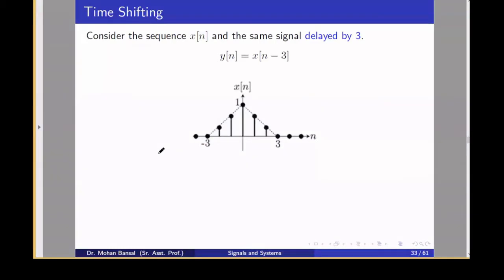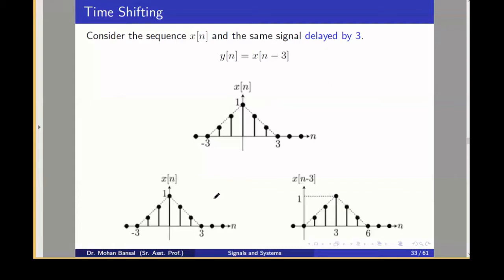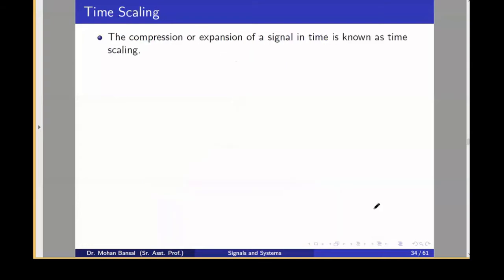Now this is one example, y(n) equal to x(n minus 3). x(n) is given here. You will have to plot y(n) equal to x(n minus 3). Quickly tell me, what will be the starting location and the ending location of the signal? 0 to 6, correct. This is x(n), and this is x(n minus 3). It will shift to the right side by an amount of 3, and the signal will be the same. It starts from 0 and ends at 6. So this is the time shifting property.